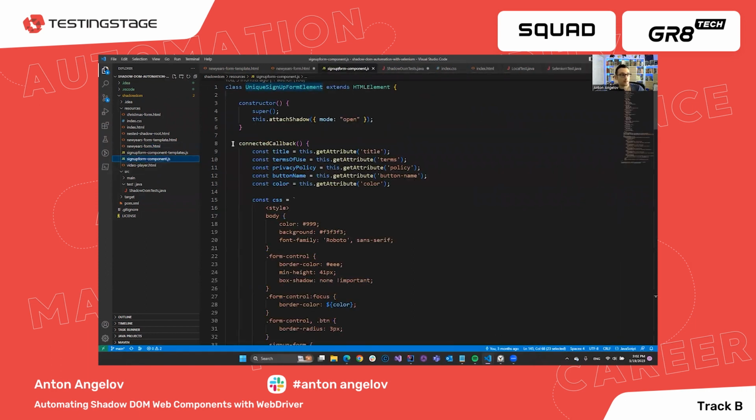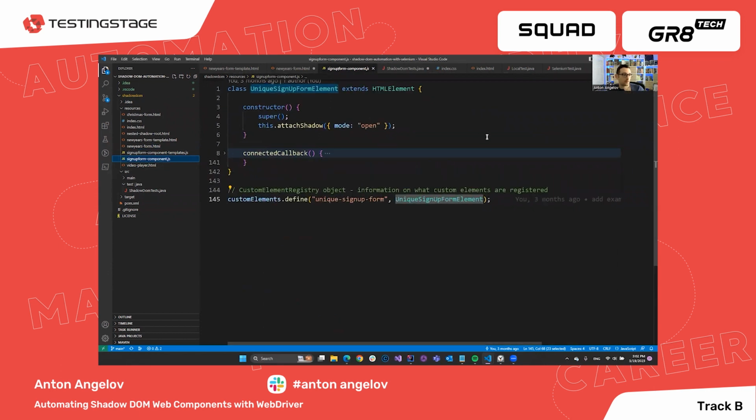And now, here is the important part. In order to build such a custom web component, we need to define a regular JavaScript class. It extends from the base class HTML element, and basically,